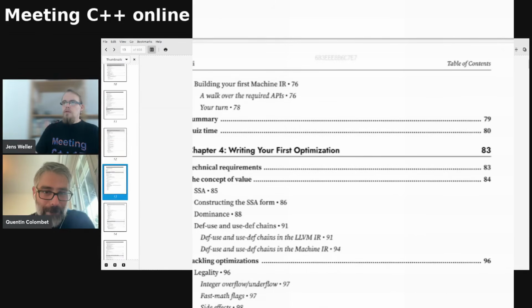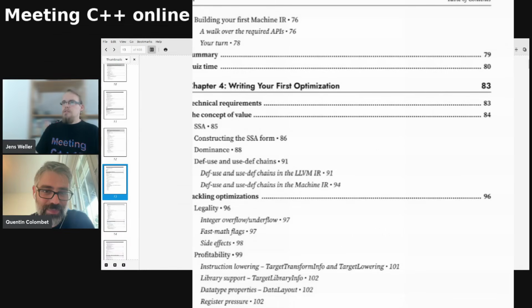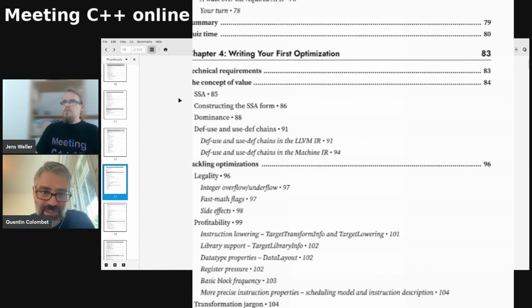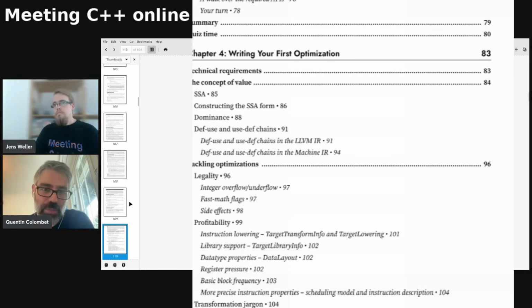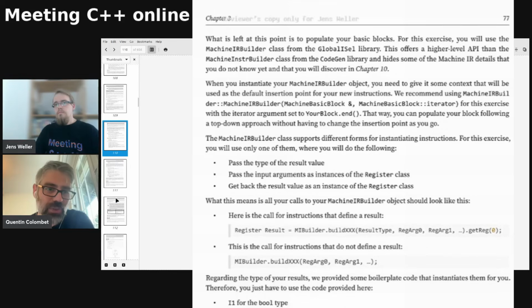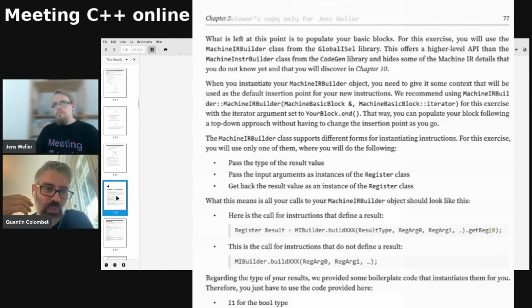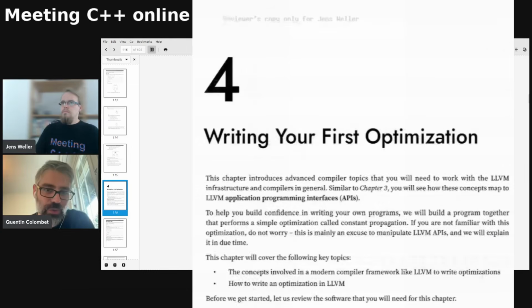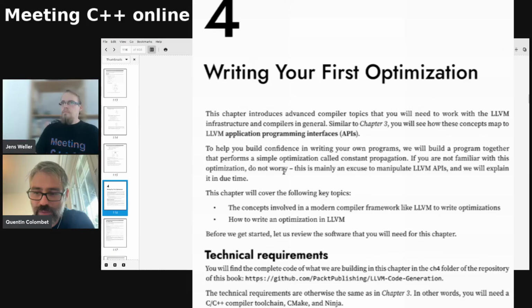And then you continue with basically starting on optimizations. Yeah, in chapter 4. That's where it gets interesting. So the first 3 chapters are, I would say, an easier way into LLVM, and then the 4th chapter is really about, okay, now you kind of know the basics. Let's put that into practice and let's try to write your first optimization. So that's why I introduce more of the APIs that are used to write an optimization,